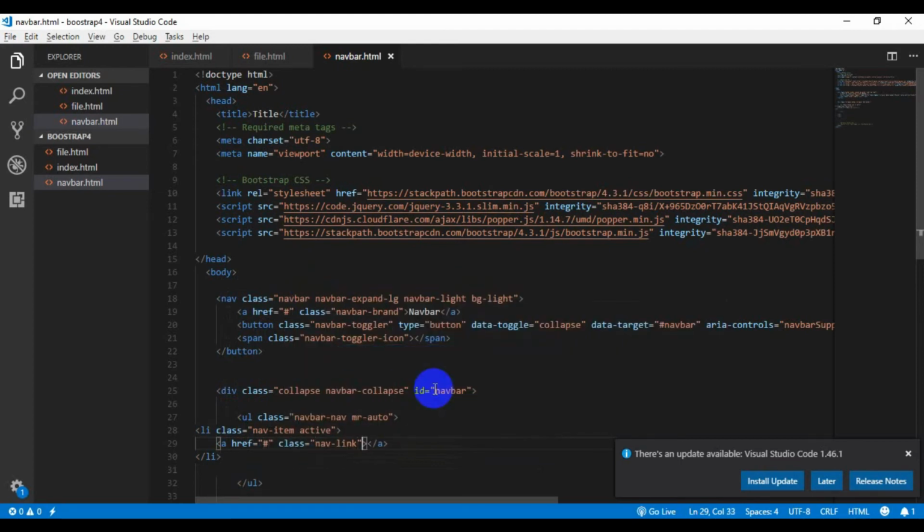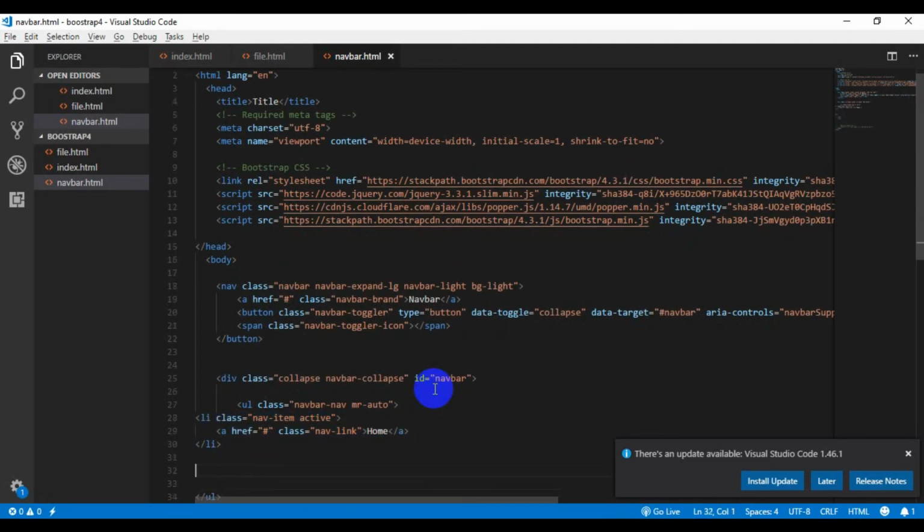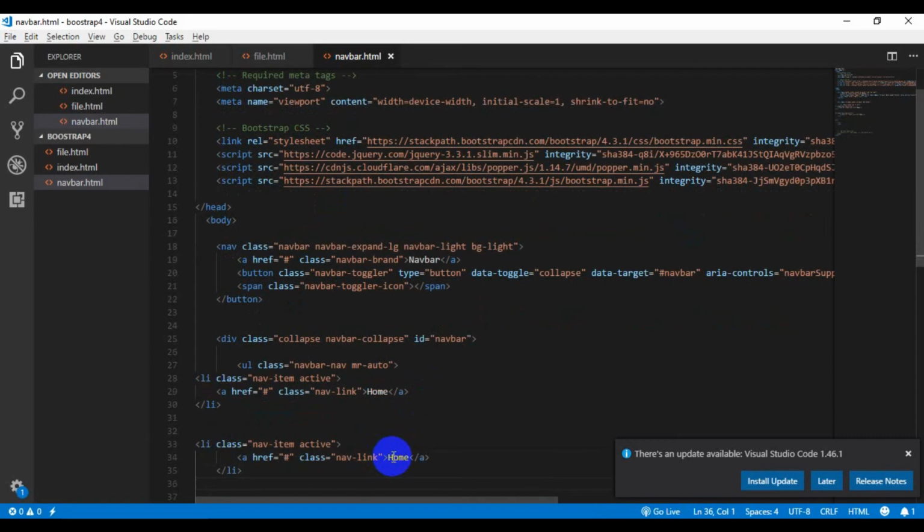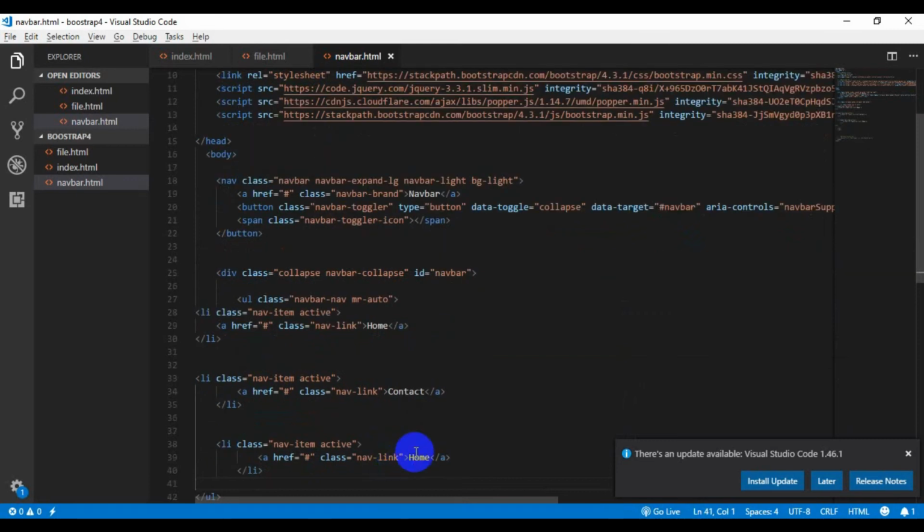Add the name here, Home. I'm just going to copy this, and after closing the list tag, paste it here and set it to Contact. Then I copy again and set About.